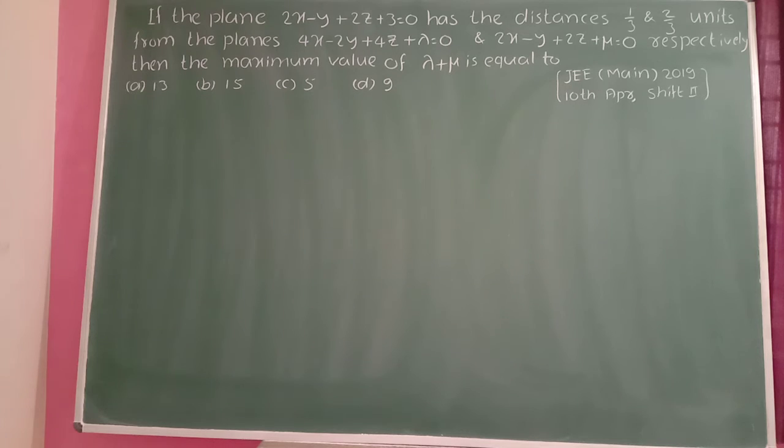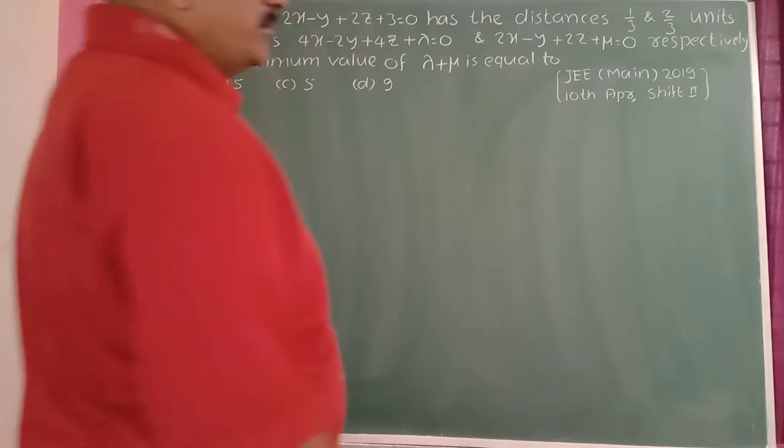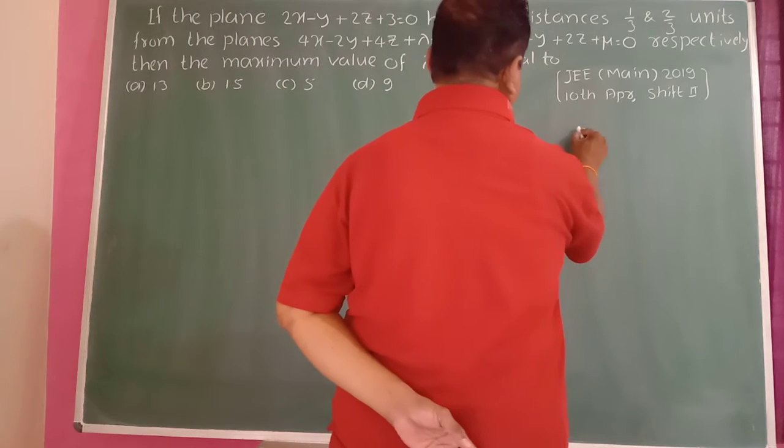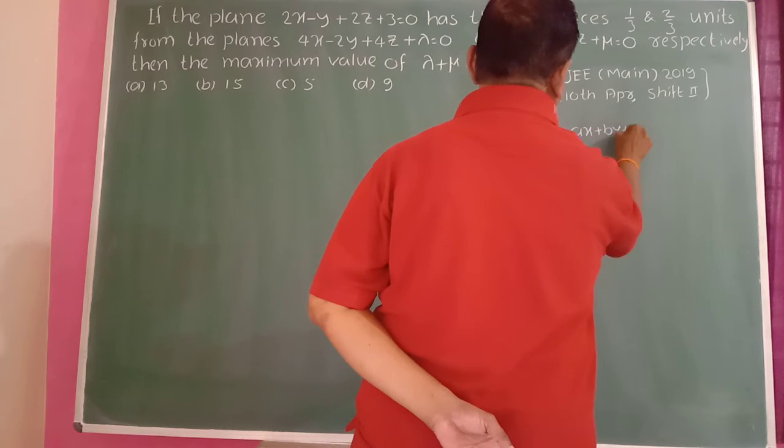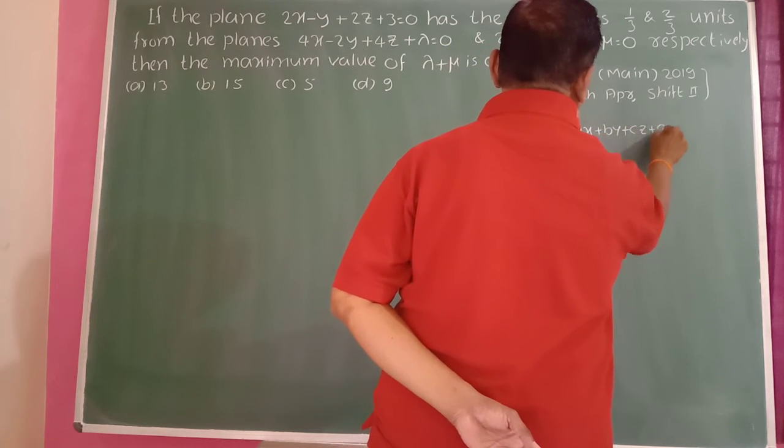If the plane 2x minus y plus 2z plus 3 equal to 0 has the distances 1 upon 3 and 2 upon 3 units from the planes 4x minus 2y plus 4z plus lambda equal to 0 and 2x minus y plus 2z plus mu is equal to 0 respectively, then the maximum value of lambda plus mu is equal to what here? So suppose the two parallel planes are there,